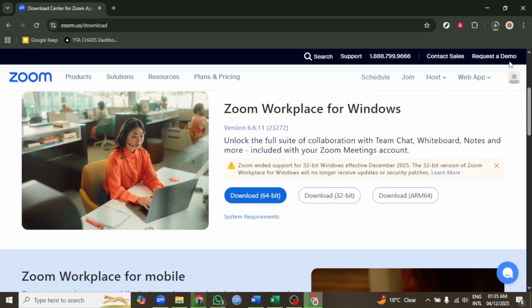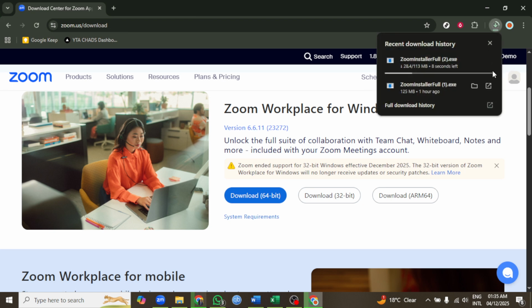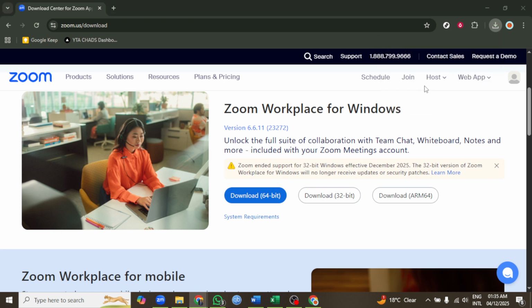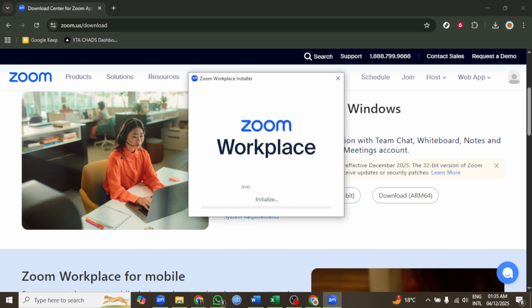Before you download, you may see options for different system types. Zoom provides installers for 64-bit and 32-bit Windows. Most Windows 11 devices are 64-bit, which is the recommended choice for better performance. If you're not sure which one you have, you can quickly confirm by opening Settings, going to System, then About, and checking the system type field. If it says 64-bit operating system, choose the